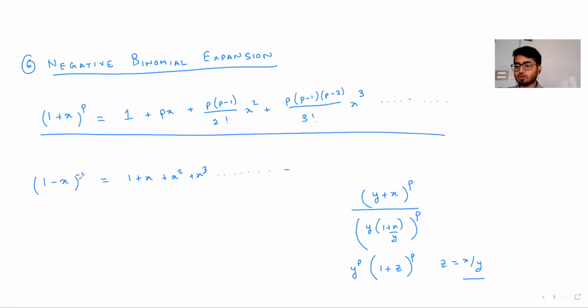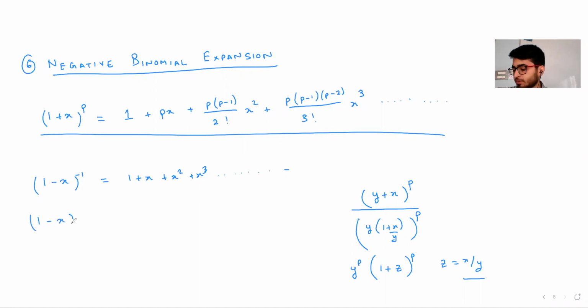So (1 minus x) to the power minus 1 is nothing but 1 plus x plus x square plus x cube, and so on. Again, this is something you could apply wherein, instead of x, you put minus x, and instead of p, you put minus 1. Another way to do it is to just take a look at the RHS. This is nothing but a geometric progression where the first term is 1 and the common ratio is x. And if you apply the formula for the summation of an infinite GP, you will get exactly this. So I'm not going into that. That is something you could practice and you'll see it. It's a 2-line or 3-line result using the property of GP.